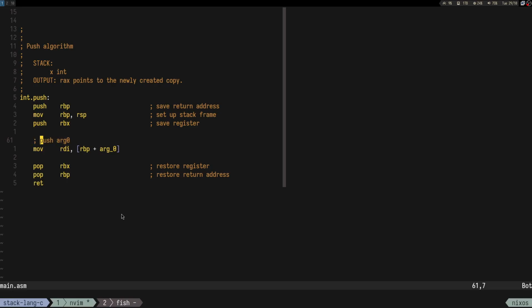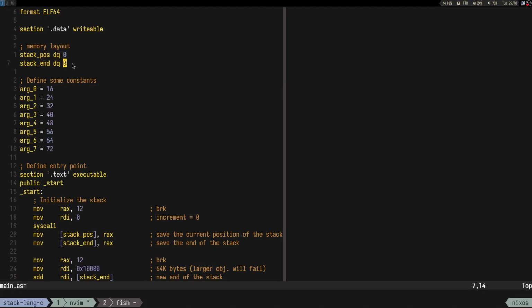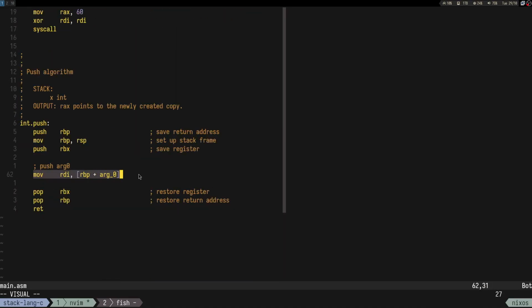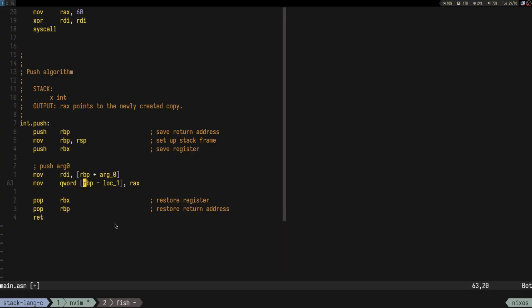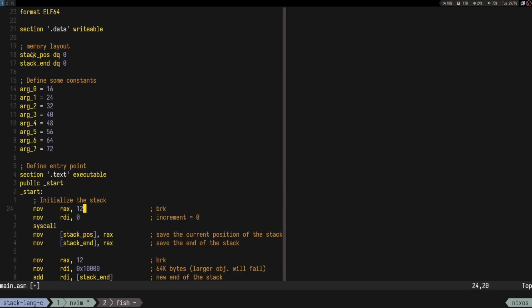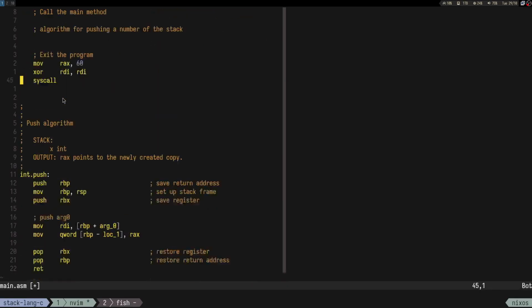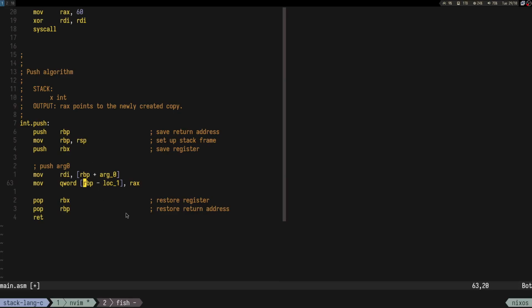I guess that's what I want to do in this place. So we want to push arg0 on our stack here. So we put it into RDI just to have something going, and then we want to do something like this. We want to move somewhere into memory, and that place should be stack position. So we take stack position, and so if we move a stack position,